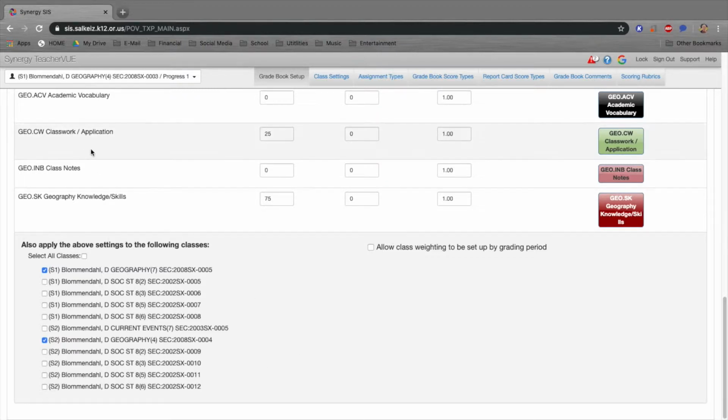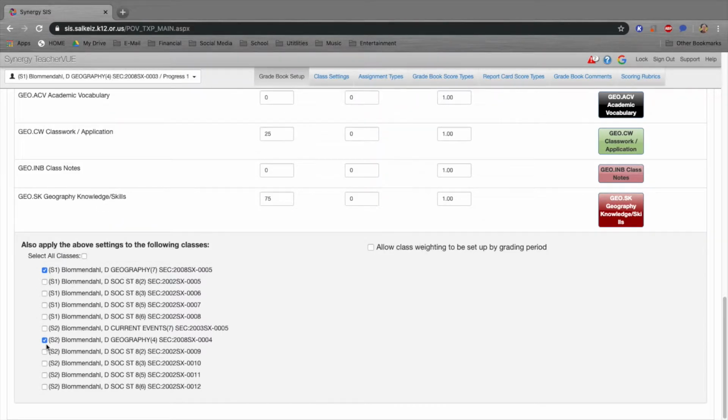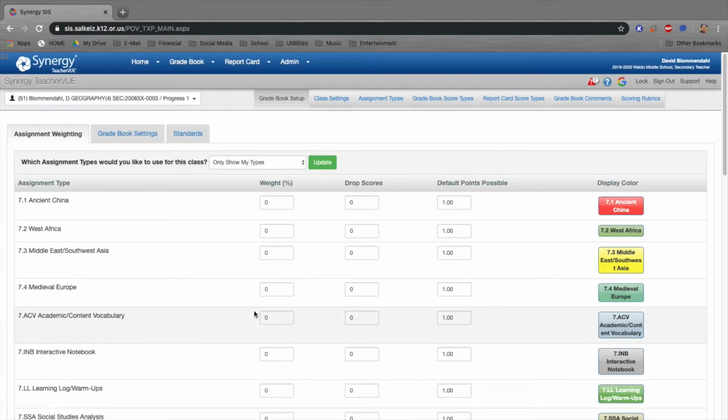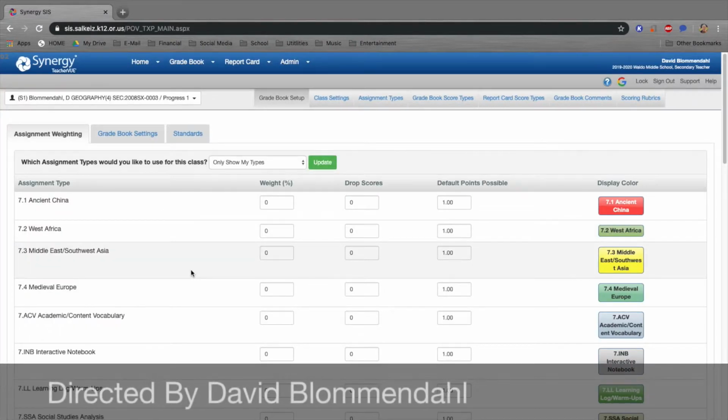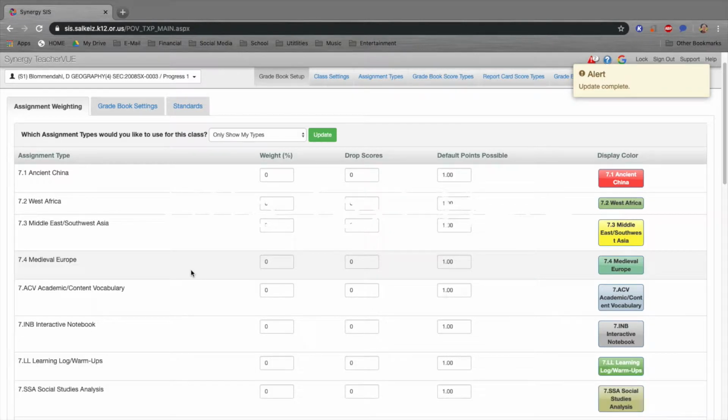It's not showing period 4 because I've already got that pull-down menu going up here. It says 4th period. So these are the classes in addition to 4th period that I'm setting that scale for. So I go ahead and click update, and I've now created my weighting and how my grades will be calculated in terms of those